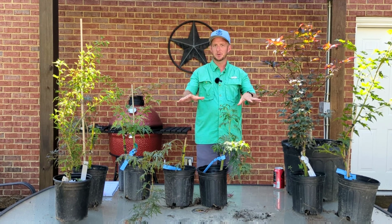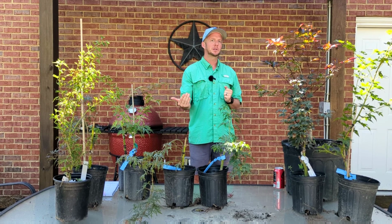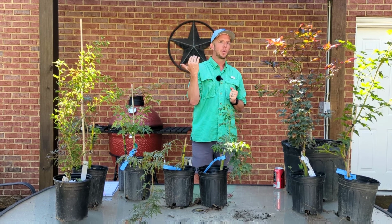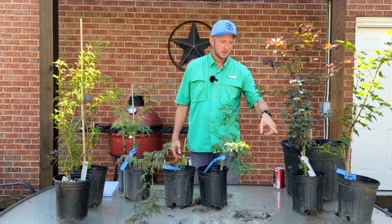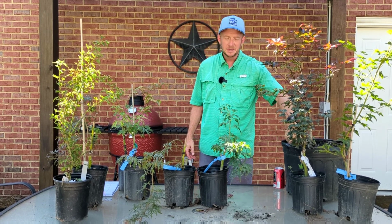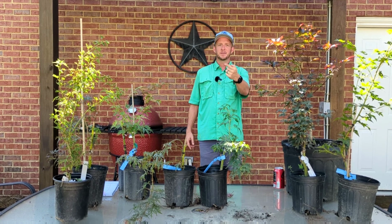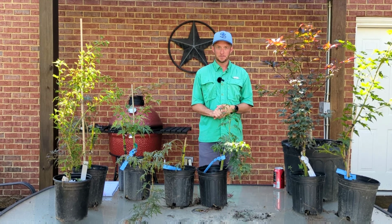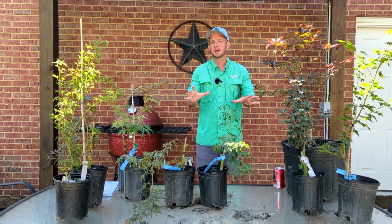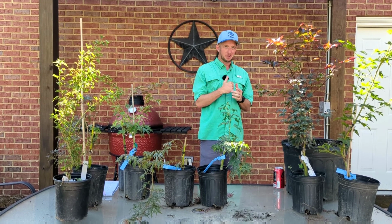Now in a pot, that's a little different. If you have a potted Japanese maple, what you want to do is water when your pot is dry. So I'll take my finger and I'll stick it down in the pot, maybe the length of my index finger. If the soil is dry that far down, I need to go ahead and water. Japanese maples do not like wet feet. If you live in a heavy clay soil